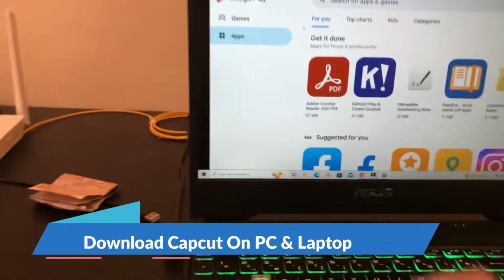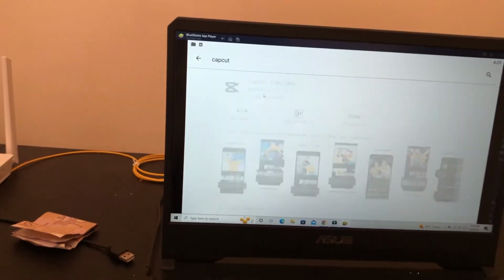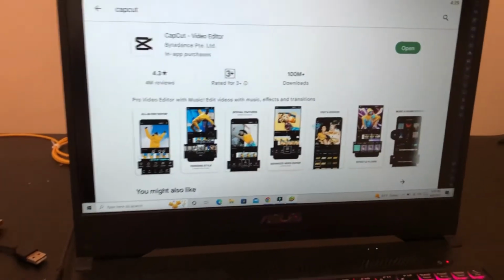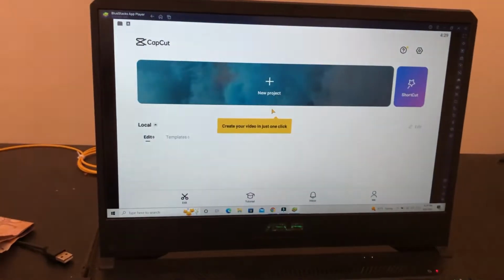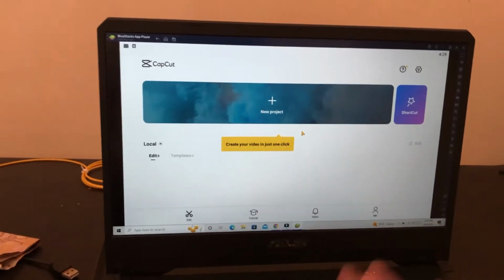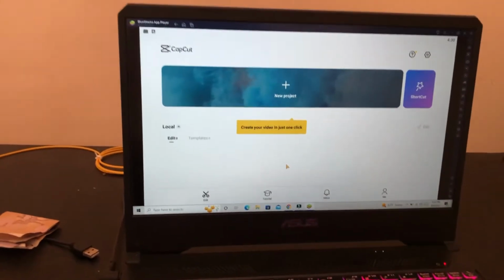And in this video, I am going to show you how to download Capcut in a few seconds. Okay, this is the easiest tutorial to download Capcut on your PC or laptop. So it doesn't matter. You can use this app on your PC without any problem. You can edit any video on this app. So if you want to get Capcut on your laptop, follow the steps that I am about to show you